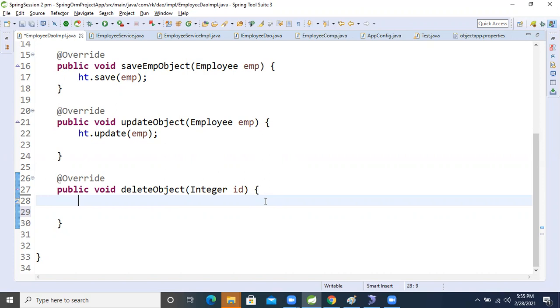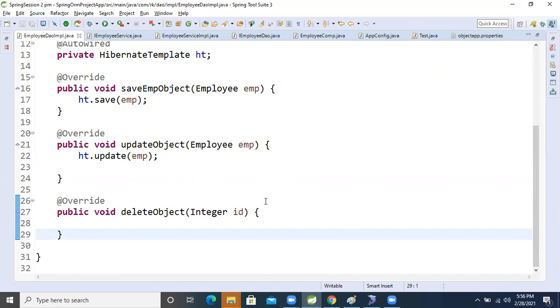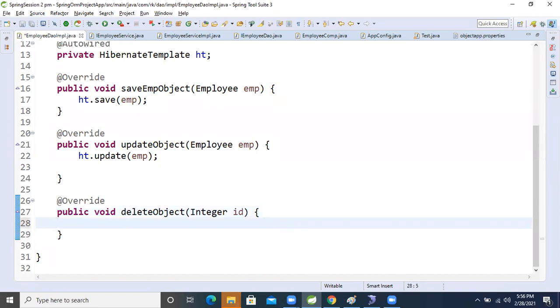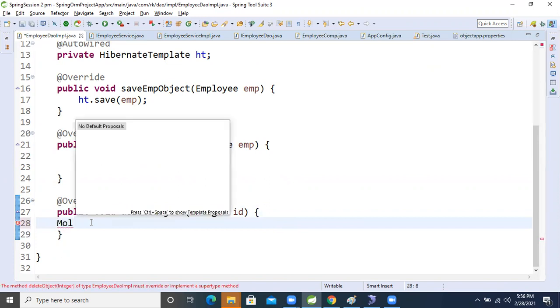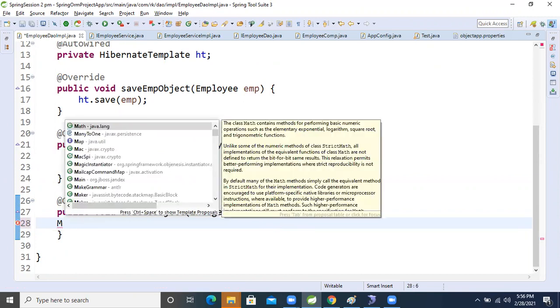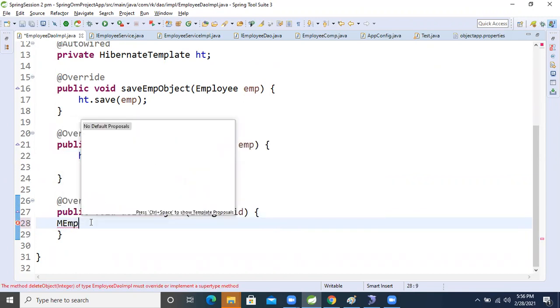First we have to set the ID inside that model class, right? So whatever ID the end user sends, inside this method I'm creating the model class here only, Employee, right?